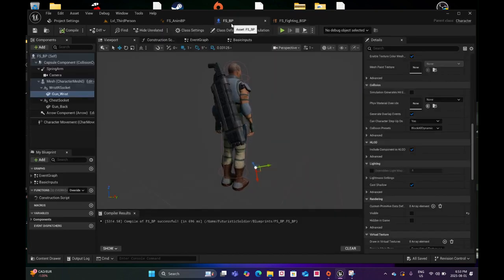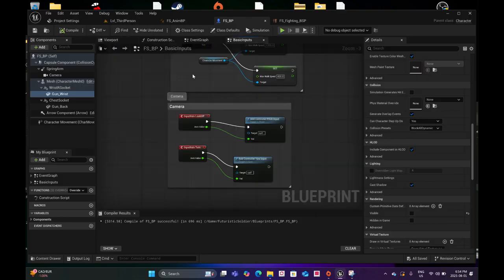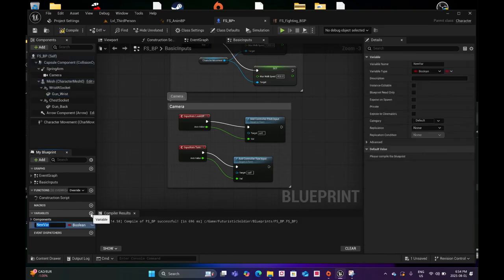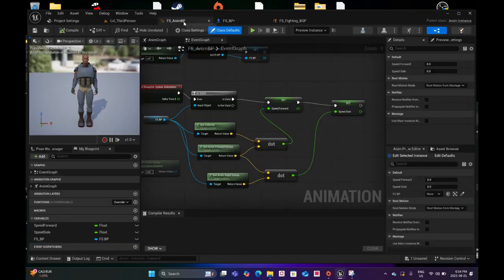So now, in the main blueprint, I need to create a couple variables. One's going to be called is aiming, and another one is fighting. So I'm going to compile that. The NBP. What I'm going to do is